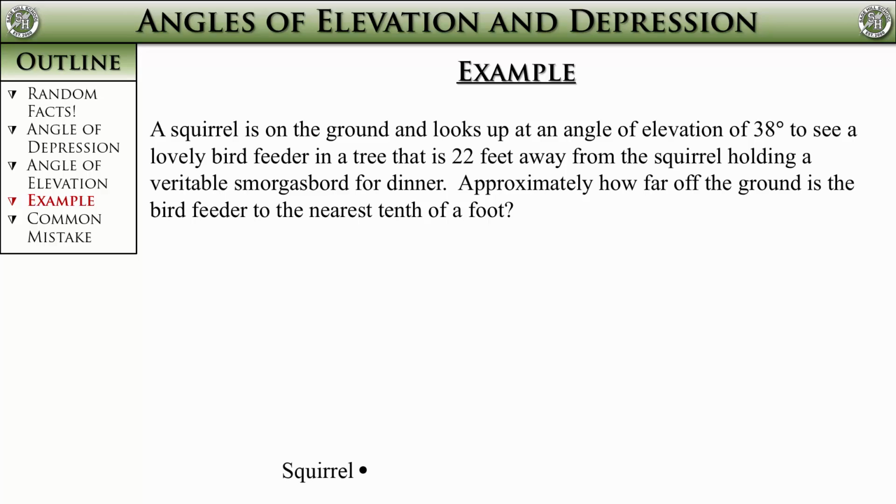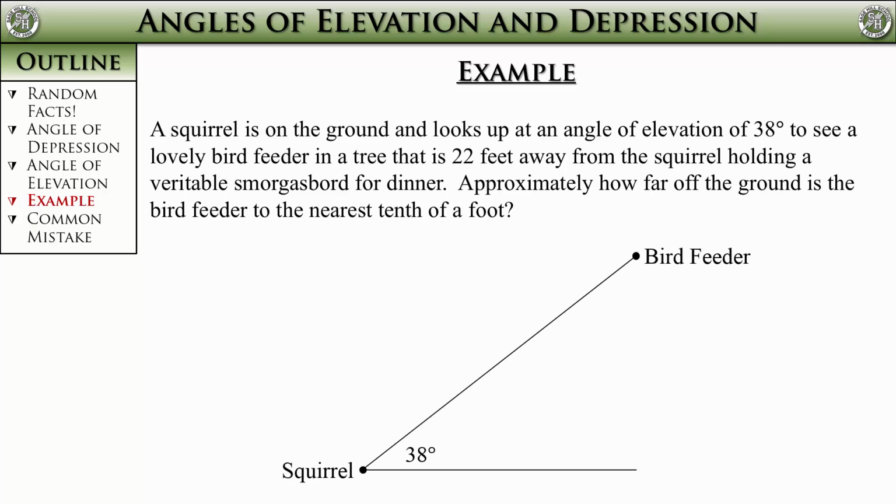He looks up at an angle of elevation of 38 degrees. But remember that angle of elevation always starts from horizontal, so put that in first. This is horizontal from the point we are starting from, which in this case is the squirrel. Now we can worry about the 38 degrees. The squirrel is looking up, so the 38 degrees goes here, and the squirrel has found a bird feeder looking